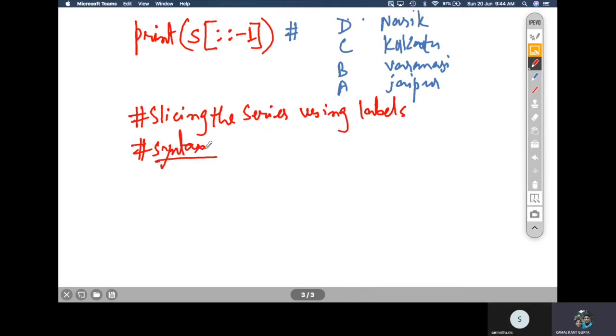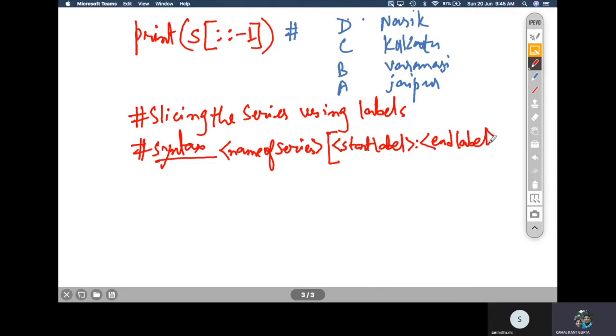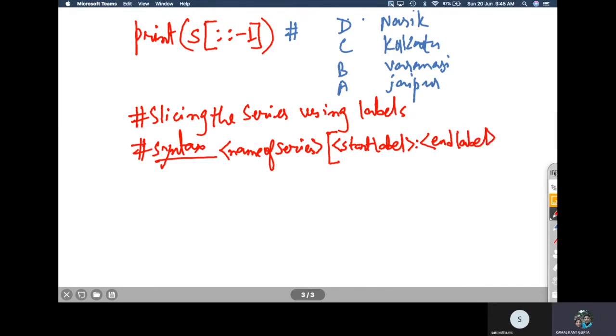The syntax for slicing a series using labels will be the name of the series, then square bracket, then start label, then colon, end label, and then a jump, a positive jump or a negative jump you may take.